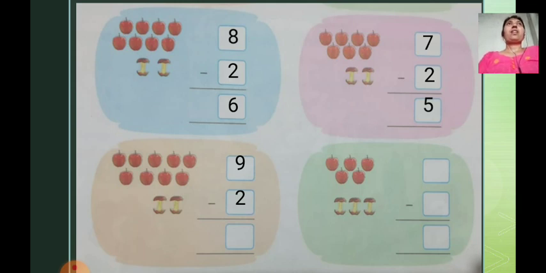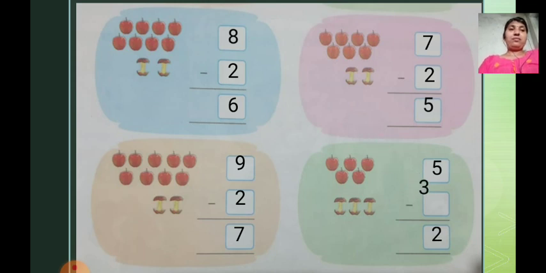How many fingers are there? Yes, 7 fingers. So write down the answer 7 in the box. Yes. Now how will you read it, beta? 9 minus 2 is equal to 7. Now see the last example. How many apples are there? 5 apples. So write down the number 5 in the box. Very good. Now among these 5, how many apples are crossed? 1, 2 and 3.